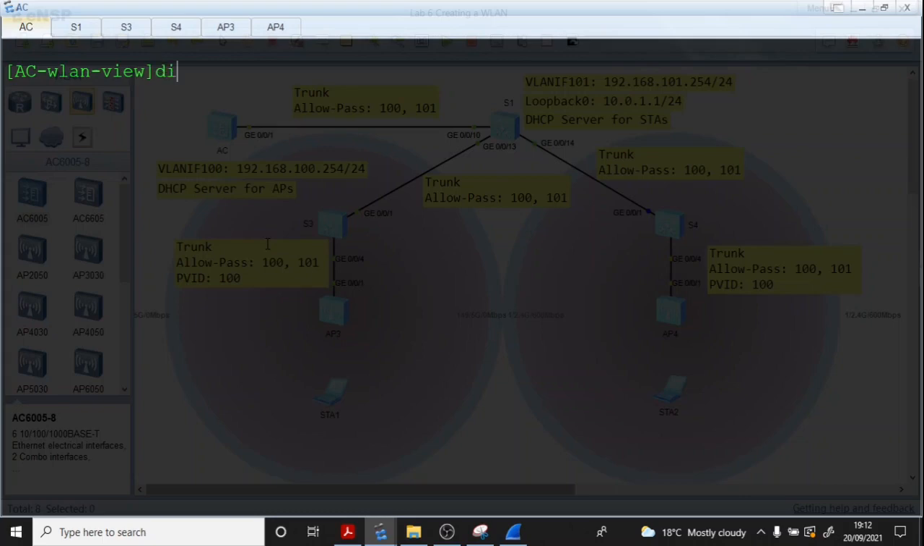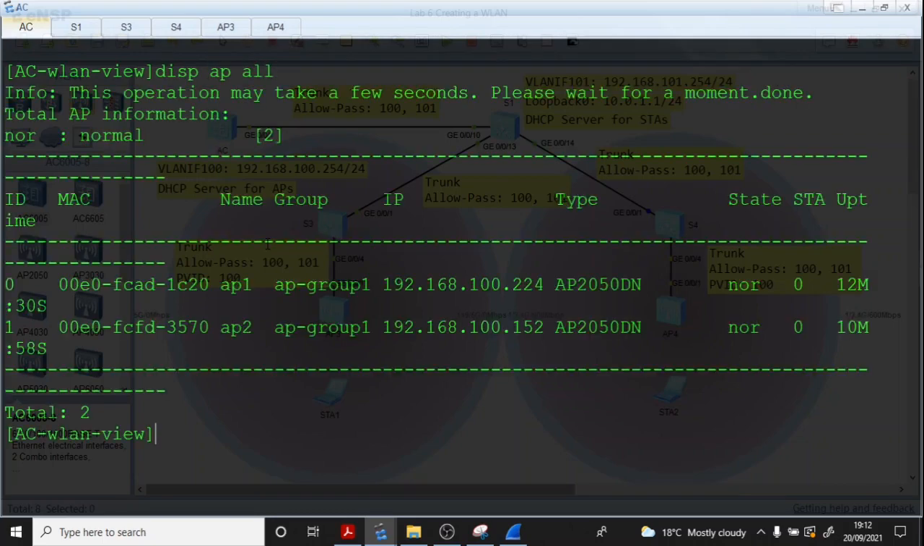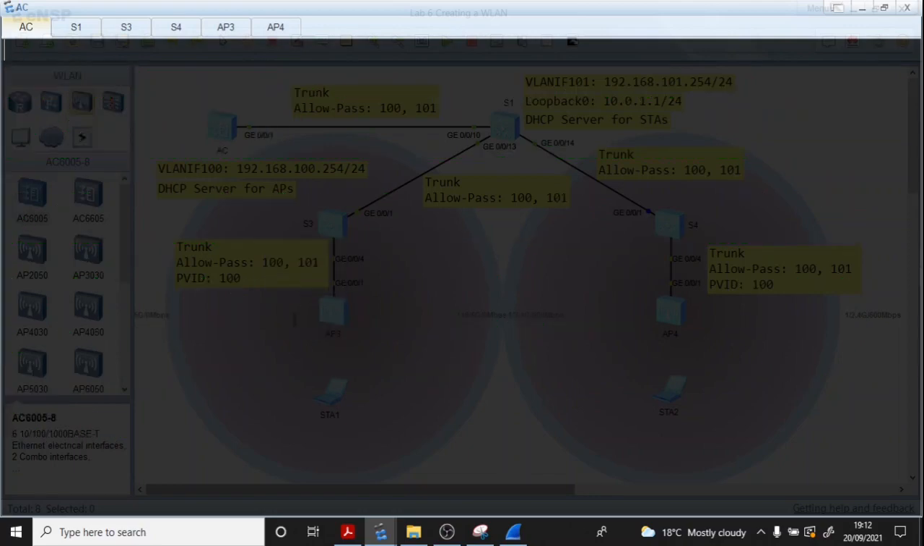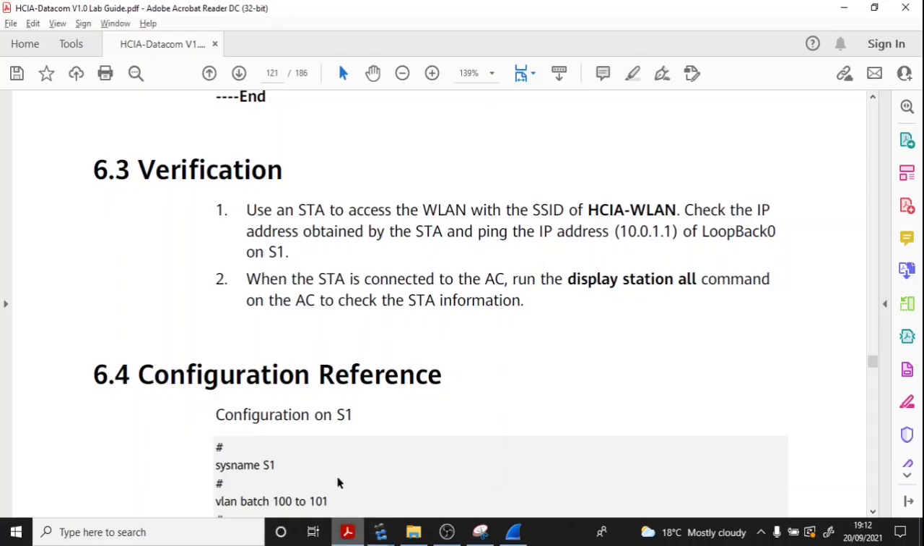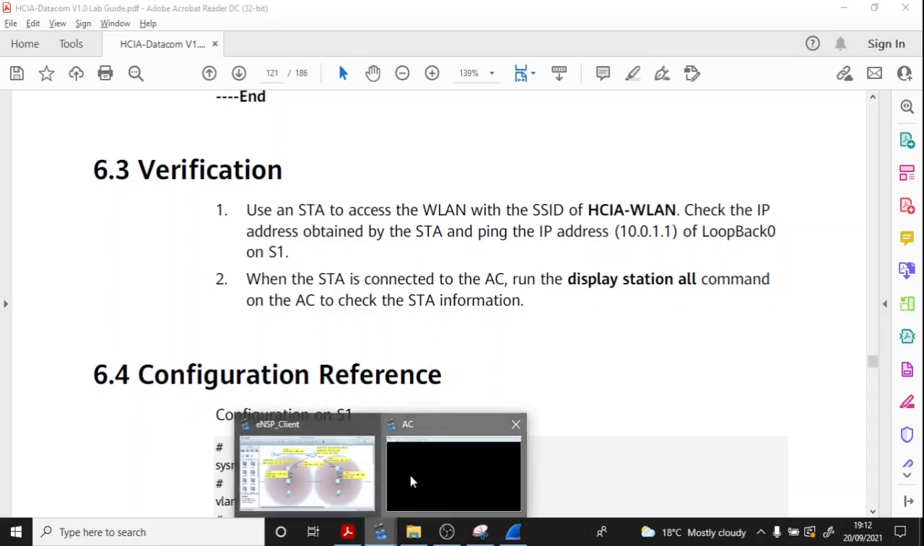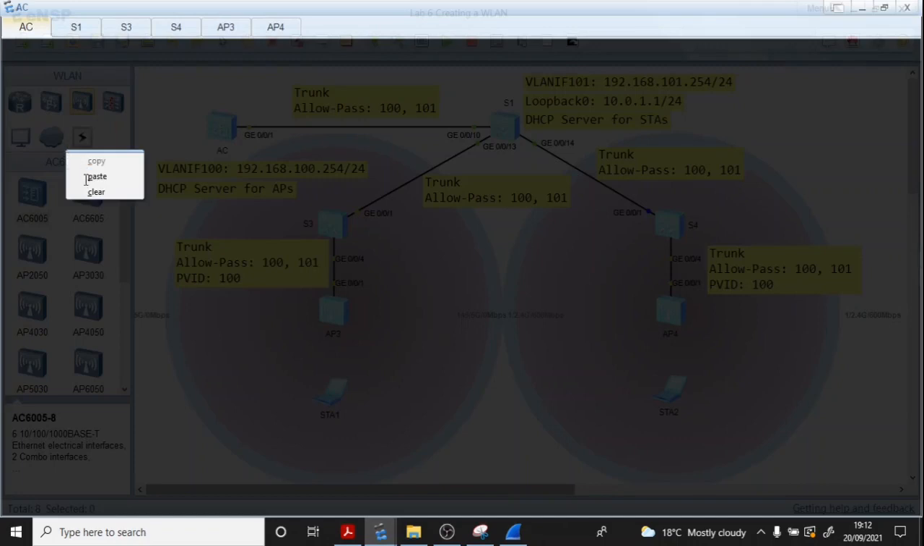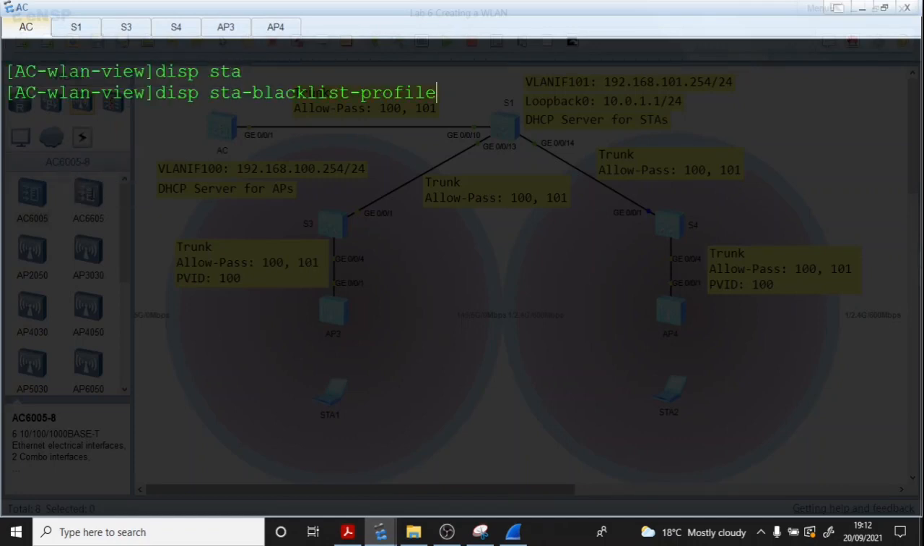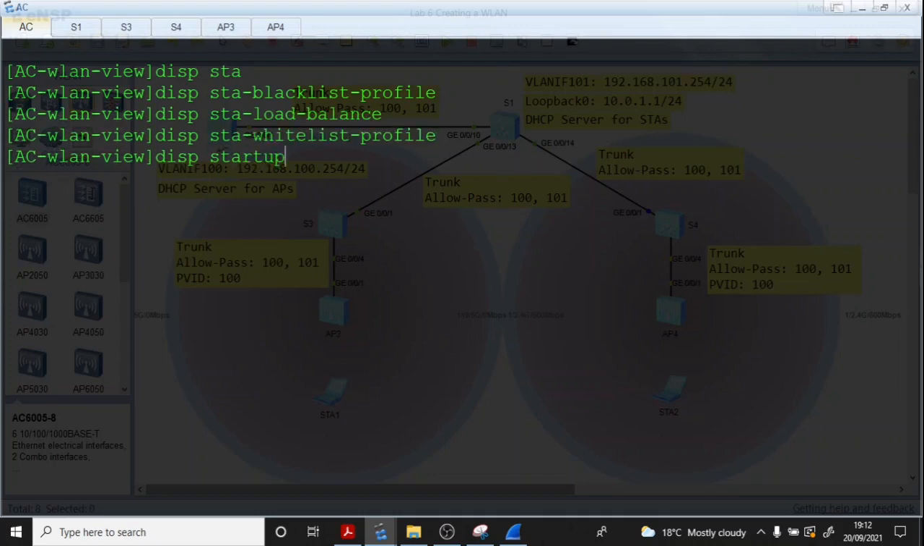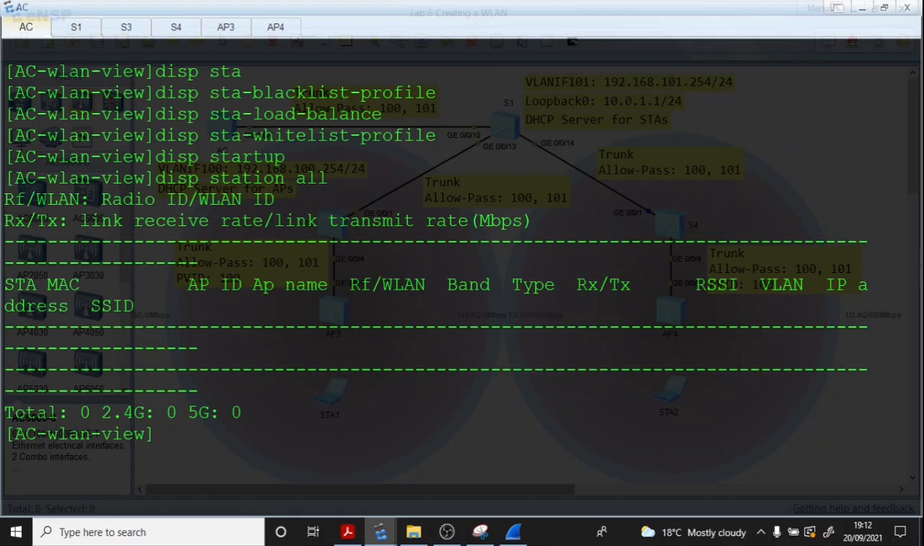Then use the command display AP all. Not really. We wanted to use display station all, really, in order to view the stations. Okay. So display station all. Okay. So you can see for now,